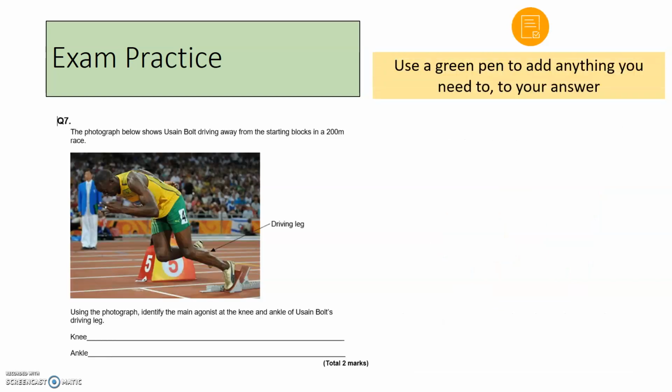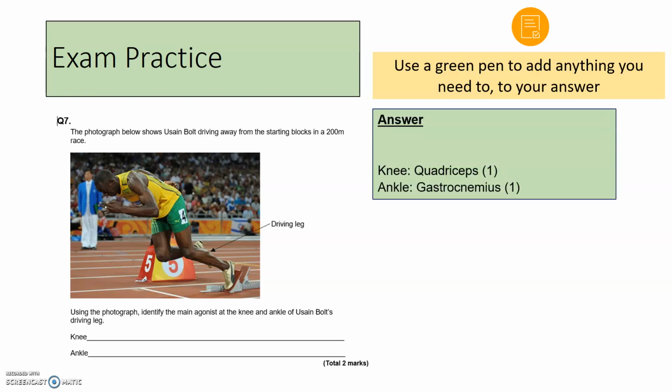So let's look at that answer then, shall we, in terms of question 7. Use a green pen if you need to add anything to your answers or if you need to tick off what you've written down. So first and foremost, when we look at the knee joint, the agonist within the knee joint driving through the blocks would be the quadricep. So ultimately the quadricep is the agonist there, the one that's contracting, as he powers out of